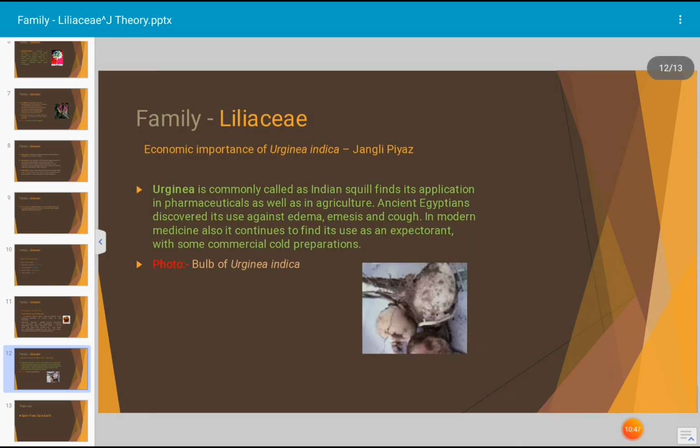Next, this is the economic importance of Urginea indica. It is also known as Jungly Pyaz. Urginea is commonly called Indian squill. It finds application in pharmaceuticals as well as in agriculture. Ancient Egyptians discovered its use against edema, emesis and cough. In modern medicine also it continues to find use as an expectorant in some commercial cold preparations. The photograph is given here. It is the bulb of